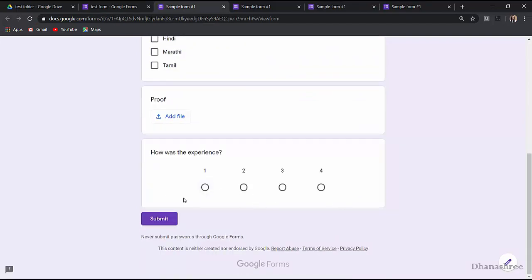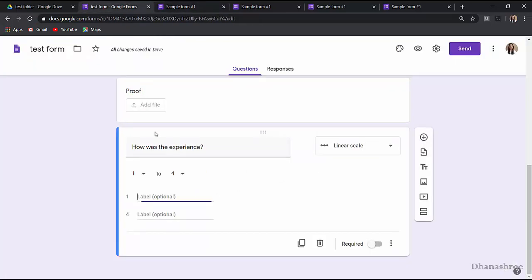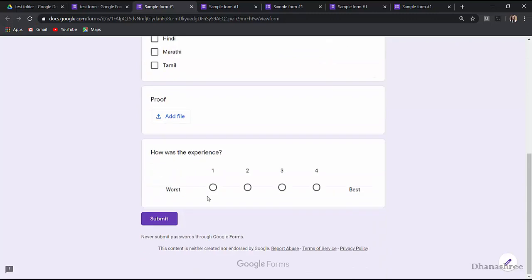If you want to label them, then go into label, which is an optional category, and write down what represents 1 and what represents 4. And now if I go for a preview, then you can see the question with label.